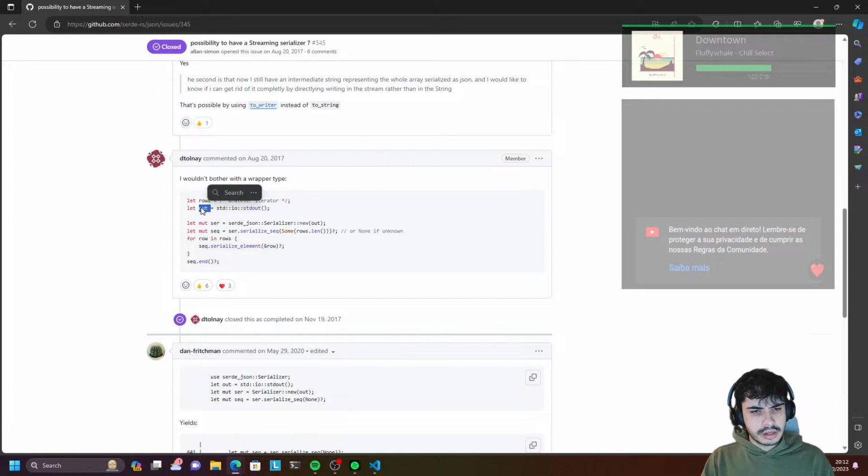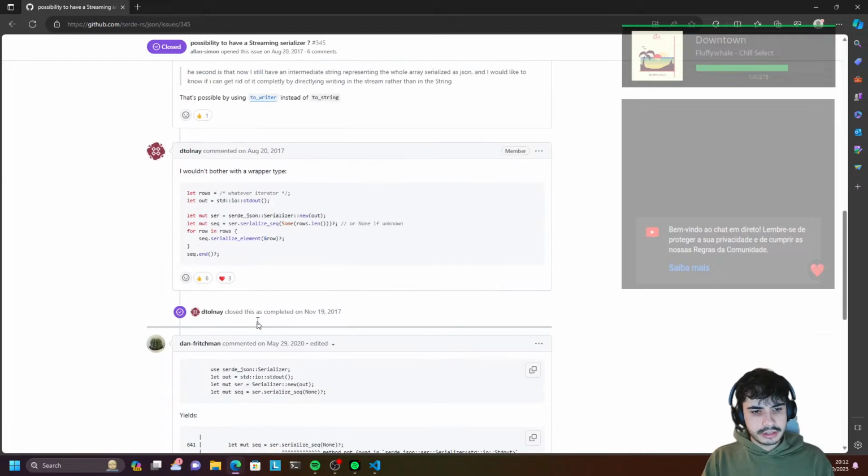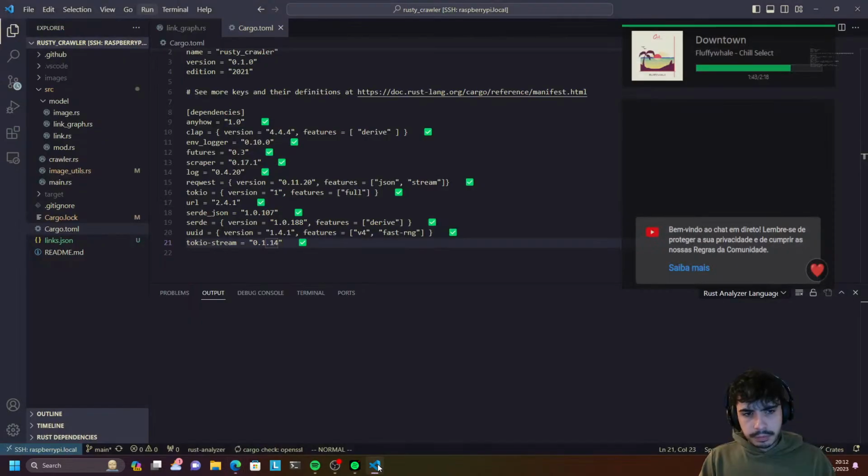Where we pass in an output iterator or something like that to the Serde serializer to create a new Serde JSON serializer, and then we serialize each row at a time. So this would be a good contender for a solution that we want here, and in fact I think most people liked it. But to get there in the first stage,